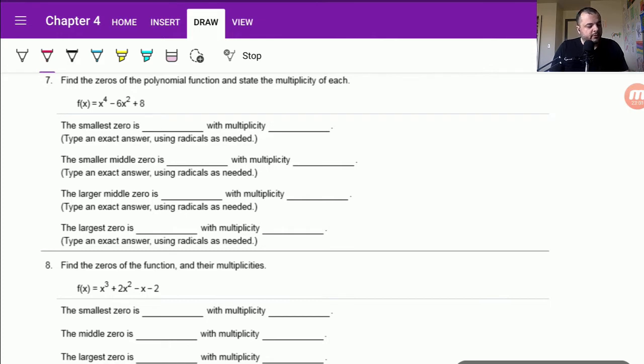In this problem, find the zeros of the polynomial function and state the multiplicity of each of them. So first step, as we said in the previous example, to find the zero, we're going to set f of x to 0. So f of x, which is x to the power of 4 minus 6x squared plus 8, equals